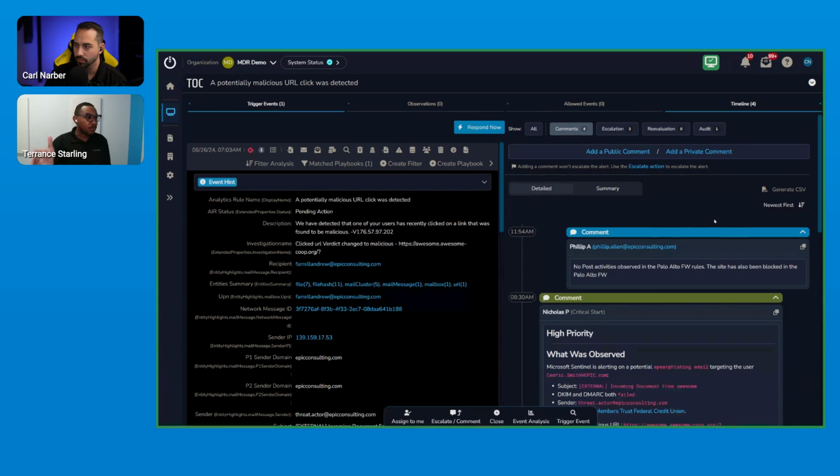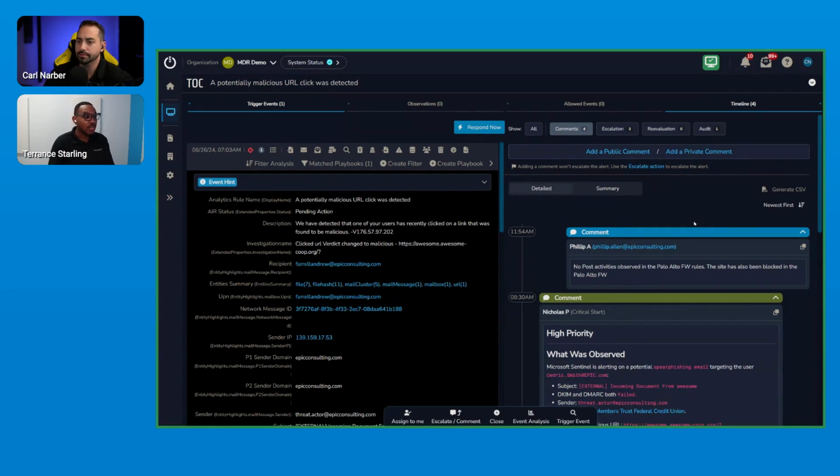We're also going to look, because we have the ability to run those KQL queries, to make sure this click was a real click. Right? Because we have things like click through, click allowed. Those all mean different things, right? If click allowed, then it means they went straight to that URL from their email, right? If it's a click through, it means they were probably prompted by Defender that this could be a malicious or suspicious website that they're navigating to, and they still click through to it, right?